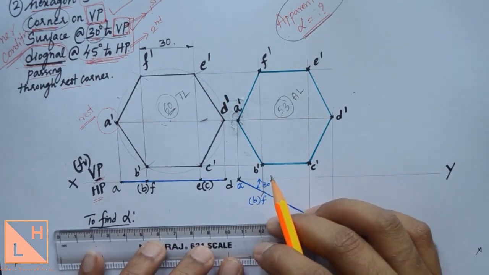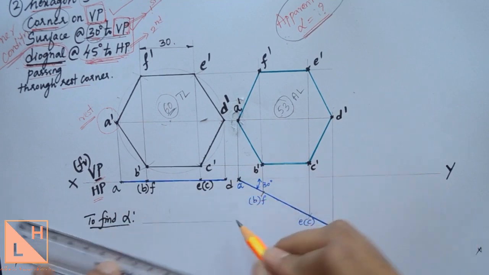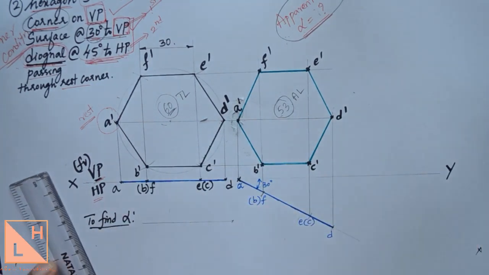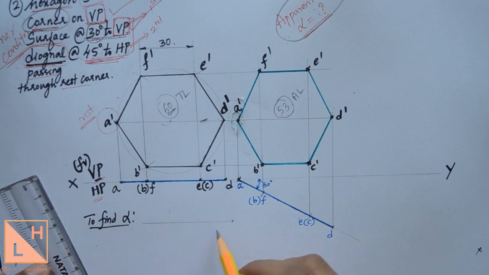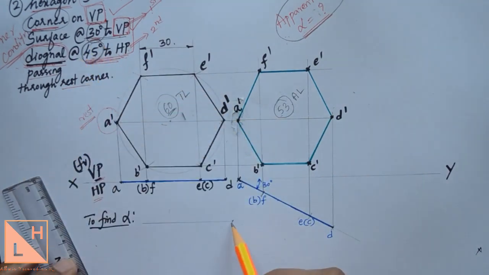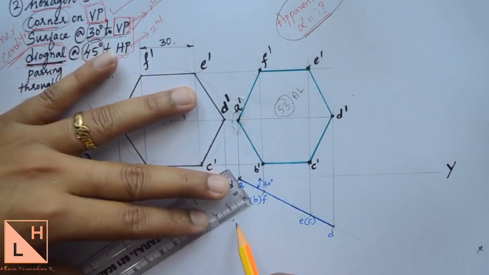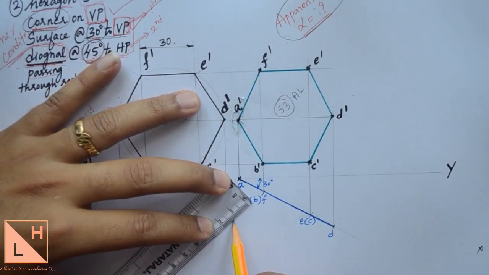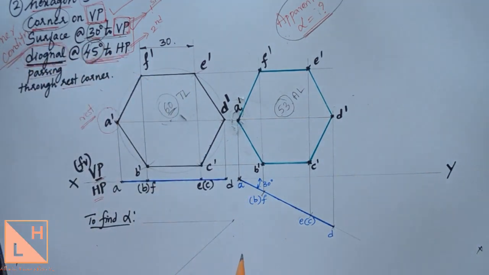First thing you do is simply draw a horizontal line here of any length. Locate the corner of that. From there you draw the true angle given in the question. The true angle given here is how much? 45 degrees. So from this corner you mark a 45 degree point, and from there you can simply draw a 45 degree line. All these things should be drawn with thin lines only.